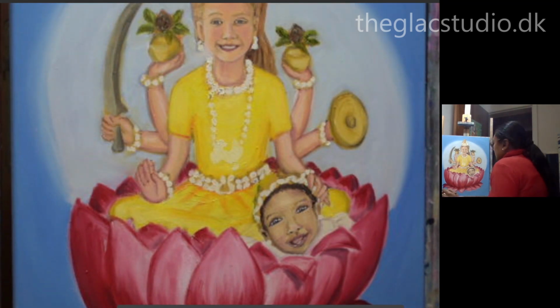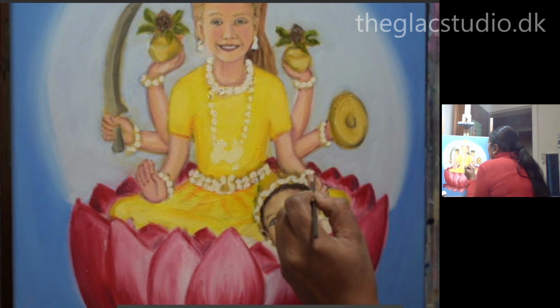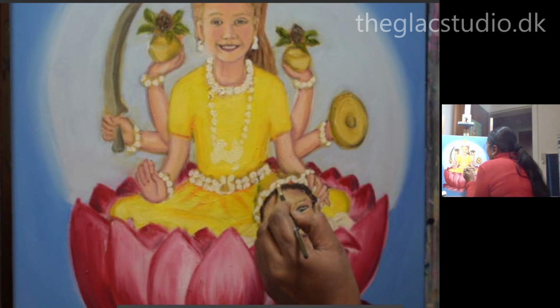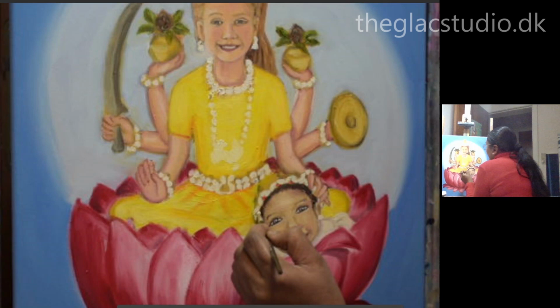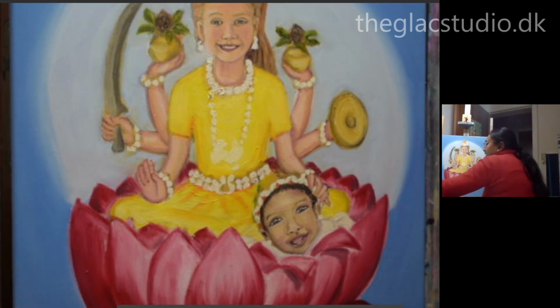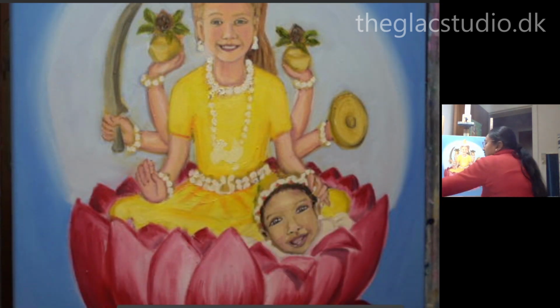I think I'll use vermilion to do some nice pearl sort of a thing, or a nice gem sort of a thing in between. And that will give a kind of range of color for her,